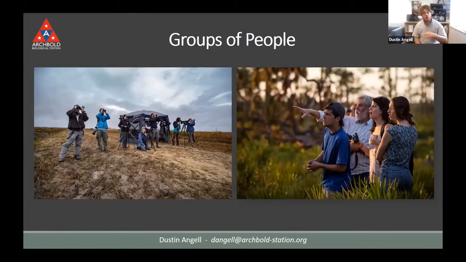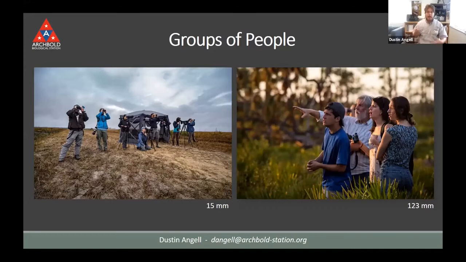So again, we've got two pictures. One's with the wide angle, one's with the regular telephoto lens. Which is which? Hopefully at this point, it's making sense to you. The one on the left is the wide angle. The one on the right is the telephoto. I like both of these